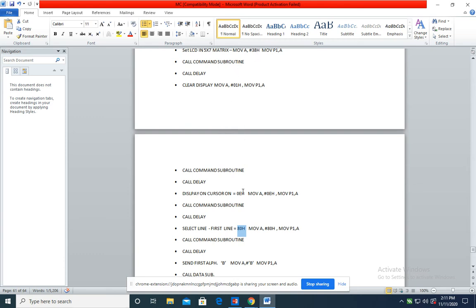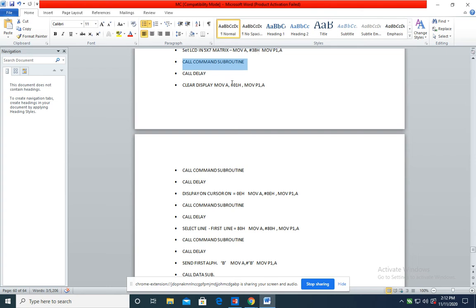These are the commands we will write for controlling the LCD operation. As per these commands, the LCD will turn on its display and it will blink its cursor at the first position because 80 is written. And these are the command subroutines and delay subroutines. We need to call them in the main program because commands should be sent to the LCD with these three pins 3.5, 3.4, and 3.3. All these are data values. These are commands, but they will be sent out as data on the data port.